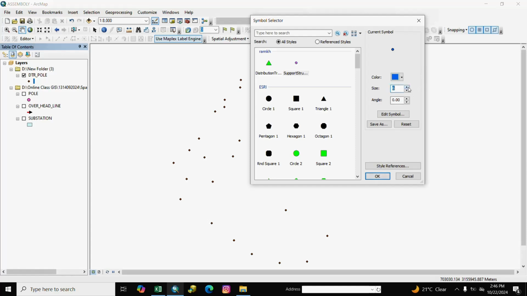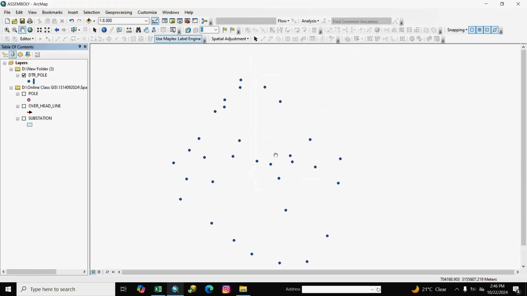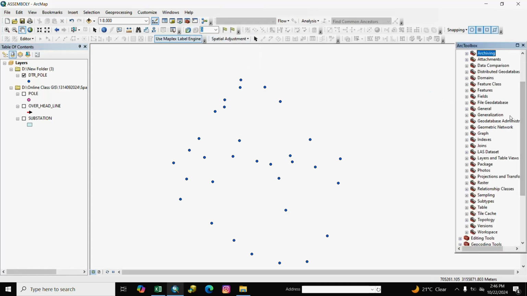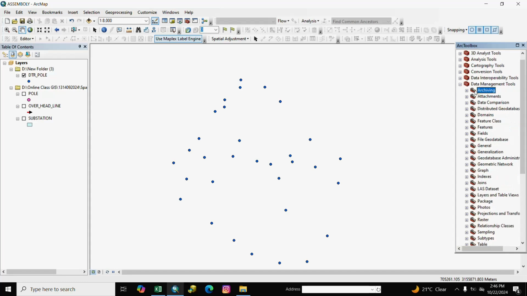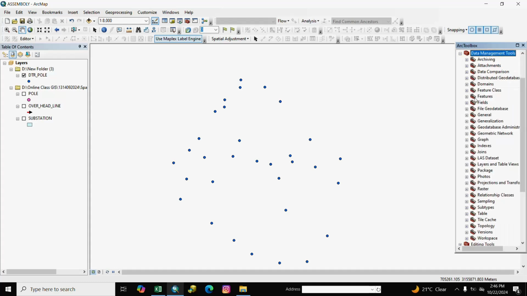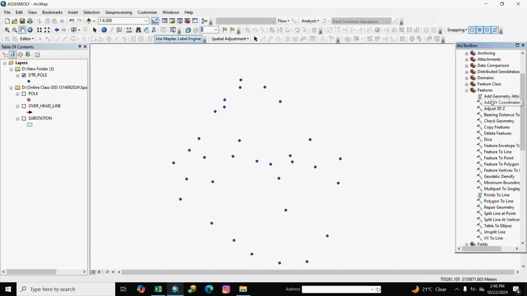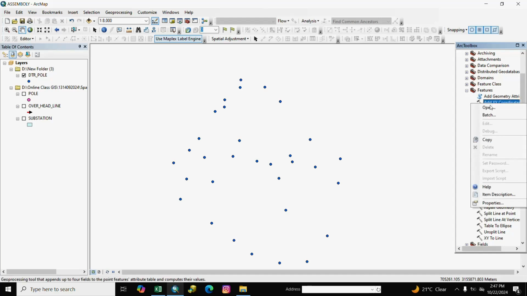DTR pole, and we calculate XY field. Go to data management feature, and we select here add XY coordinate.